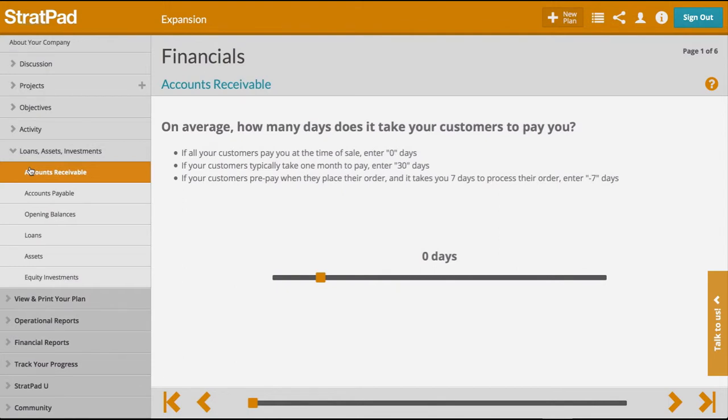So as you've just seen me do, click on Loans, Assets, and Investments and make sure you're clicked on to Accounts Receivable. And you can see here that accounts receivable is set to 0 days. And what that means is our customers pay you at the time of sale. In other words, there's no lag or delay. You don't invoice them when you sell it and then they pay you 15 days or 30 days later. If your accounts receivable days is set to 0,